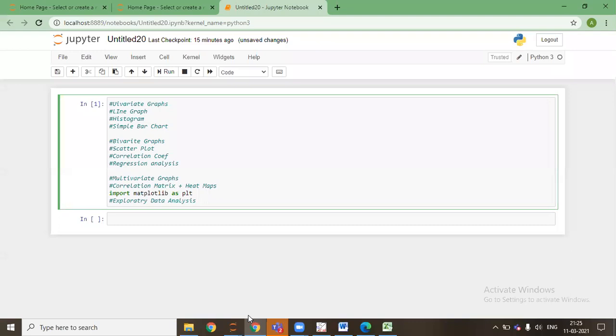There are two purposes of EDA that we do in machine learning or data modeling. The first purpose is we need to understand the data. We need to see the data from different aspects and see how each and every variable is behaving. So it is an understanding that we are getting from the data.